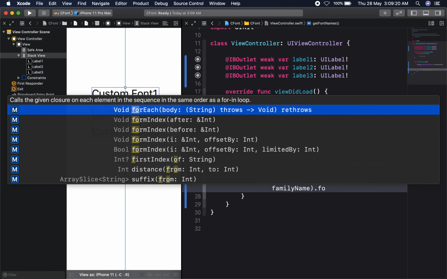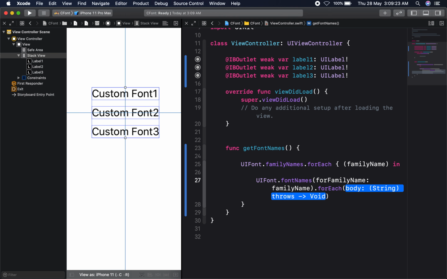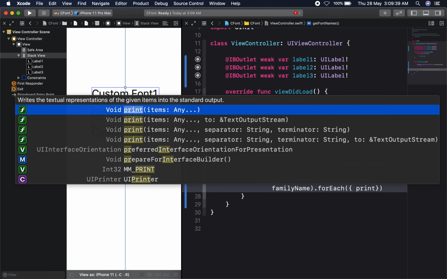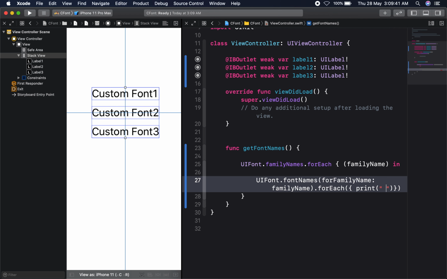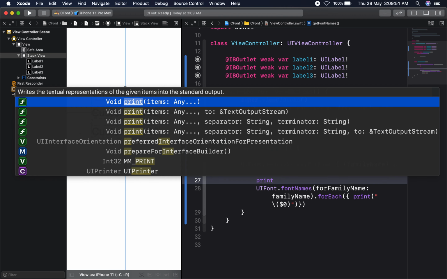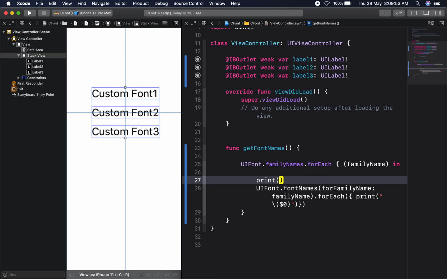Here, the same: each family has multiple fonts, like regular, italic, bold, thin, medium, thick, like that. So I used a for each for font names. Here I am going to print each font name like this, and also I print my font family name like this.